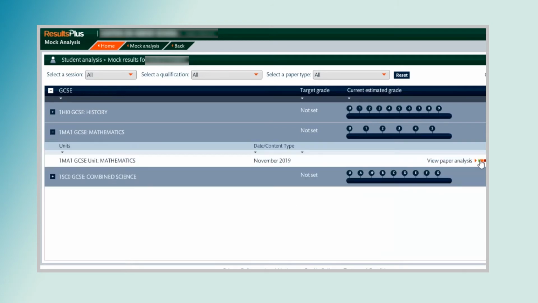And again, the analysis will be exactly the same as what we saw before. For that individual student, they sat the November 19, which was a former live exam. There is a way you can set up a target grade, an estimated grade, but it won't give you a gradometer, unlike if it was a public exam, because this candidate was not part of that cohort.